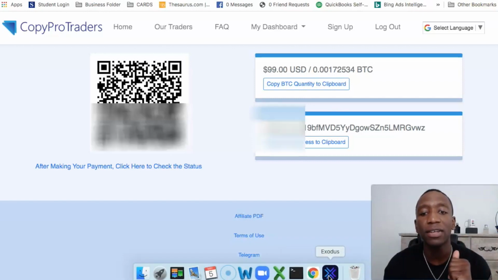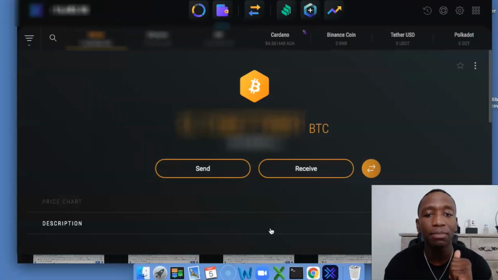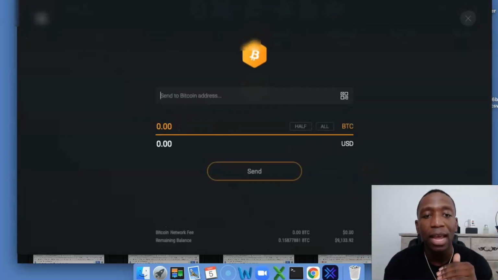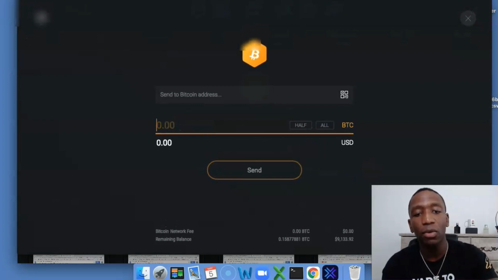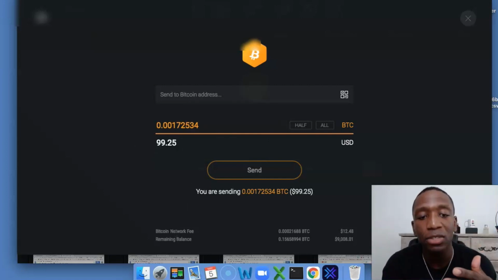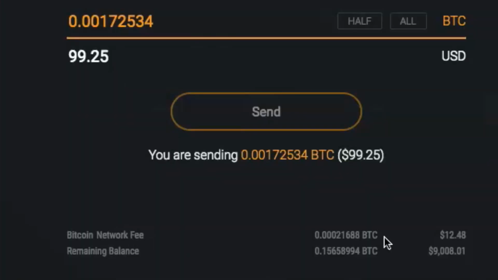So now I'm going to go over here to my wallet, and I do have my wallet blocked out, just for privacy purposes. But you can see right here, it says receive and send. So we're going to be sending to CopyPro Traders. So I'm going to go ahead and hit send. And then I'm just going to paste the amount right in there just like that. So now you can see they put it in there for me. So $99.25. Now something you want to look at is right here where it says Bitcoin network fee,